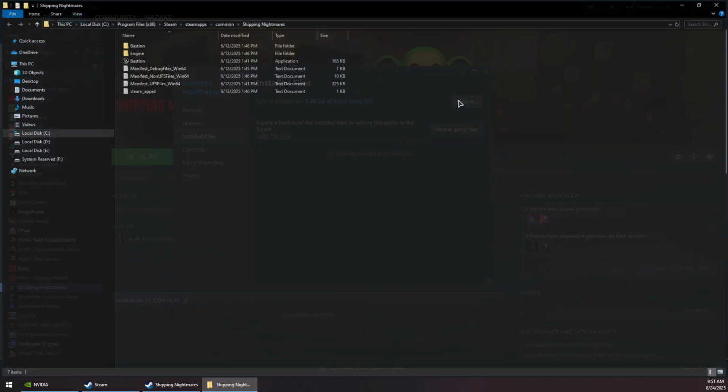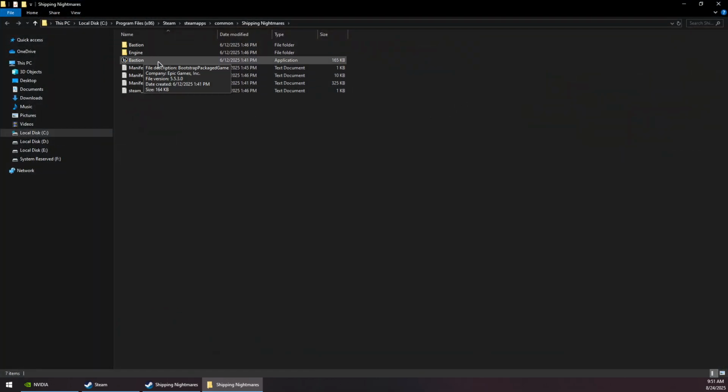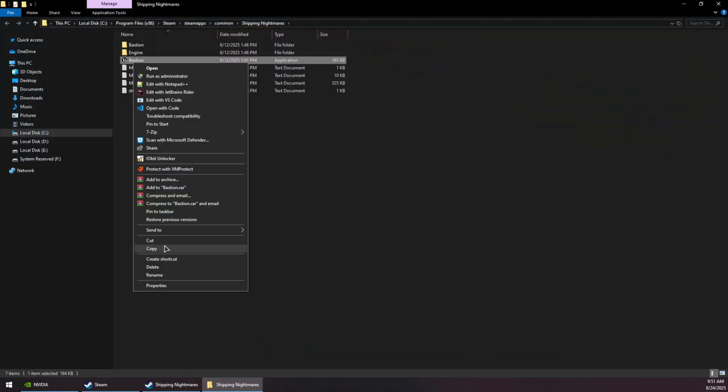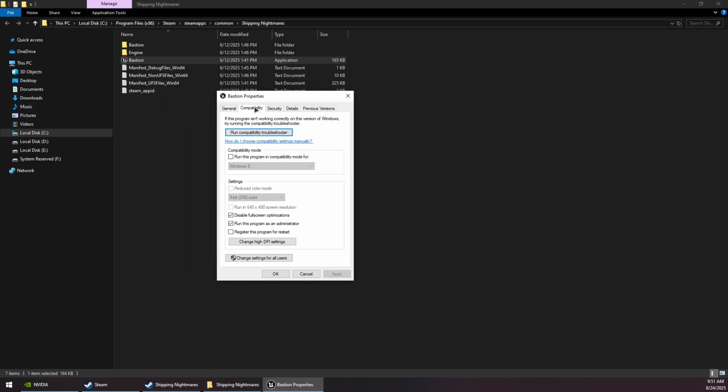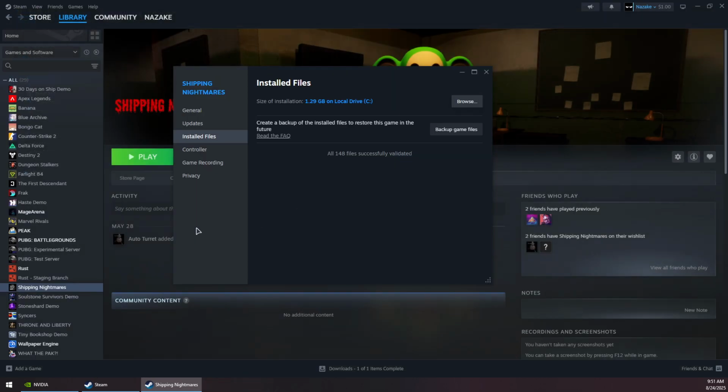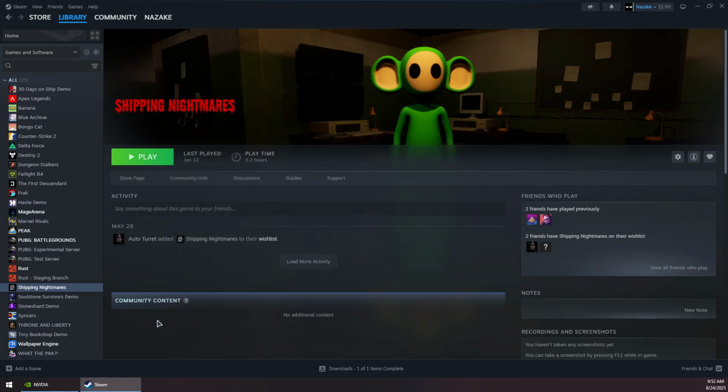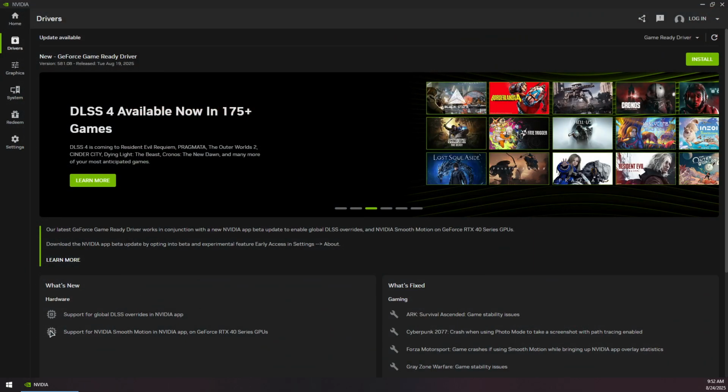Once it's done, you want to click on the browse button, find the game's exe file, open up the properties window, and then go to the compatibility tab and check disable full screen optimization and run this program as admin. Then apply and OK. Now you can close this window and close Steam, and then open up your GPU app